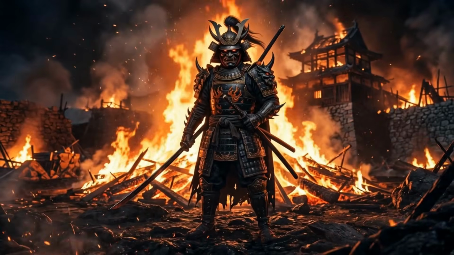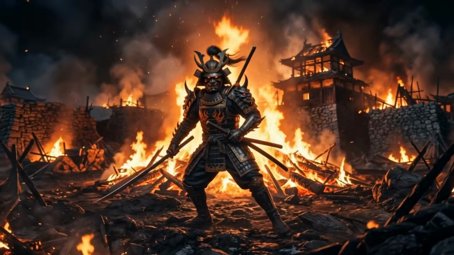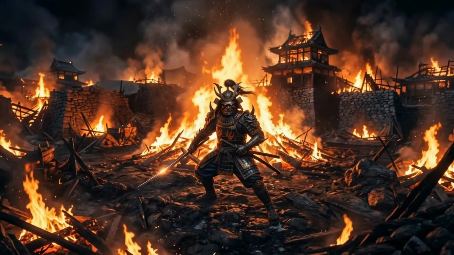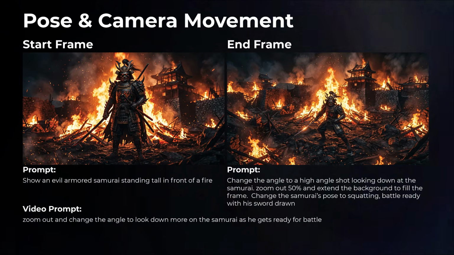Now, you've seen how we can change camera angle or even zoom out, but we can also change the pose of certain characters with our start and end frame. So just like in the video I showed you then, we can actually do a few things at once. This is to change the pose and camera movement. The start frame, I just rendered a prompt of an evil samurai in front of a fire, but in the edited image for the end frame, I asked to change the angle to a high shot looking down at the samurai. Again, describing the angle, describing what we're looking down on,